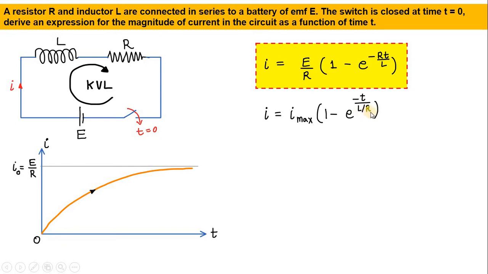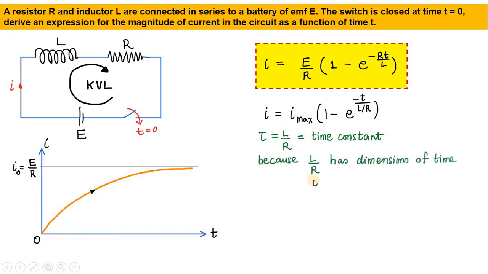Now this ratio L by R has a significance. This ratio L by R is called the time constant, and it is represented by the Greek letter tau. L by R is called the time constant. Why is it called a time constant? How is it related to time? Because this ratio L upon R, inductance by resistance, has the dimensions of time. That means the SI unit of L by R is seconds. Why is it so? Because